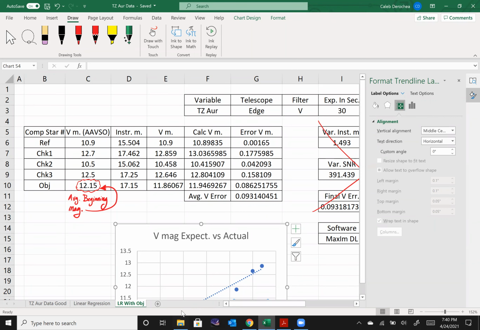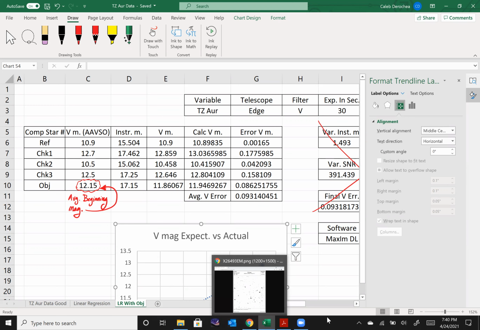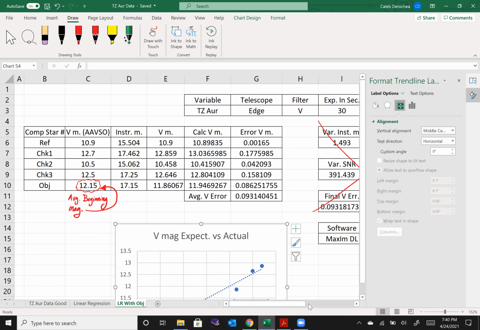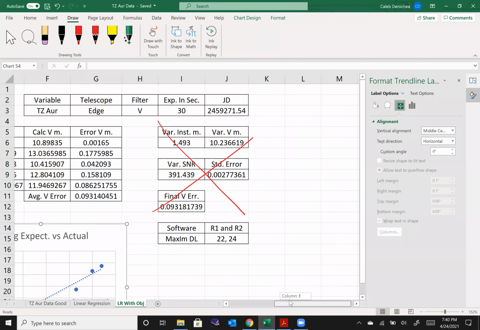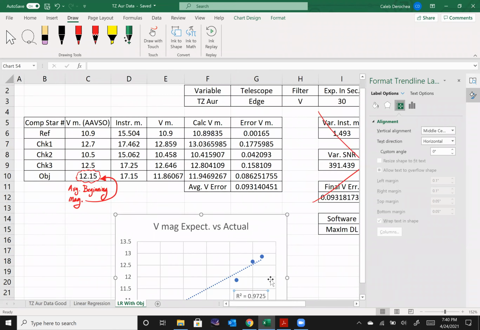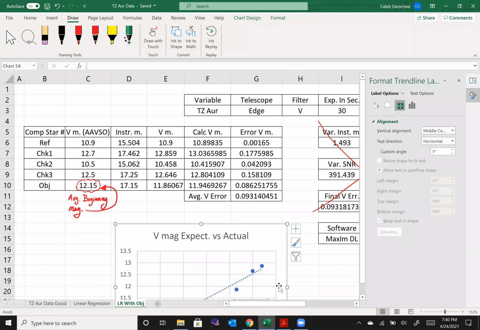As you would expect, TZ is a variable star, which is very well known. It's been known for over 100 years. But this gives us an example of how it could be used in ensemble photometry,